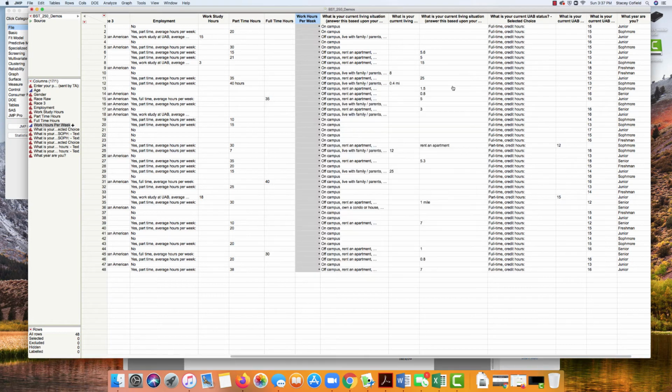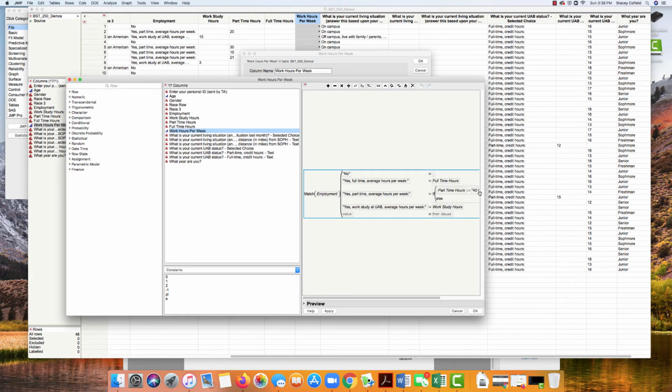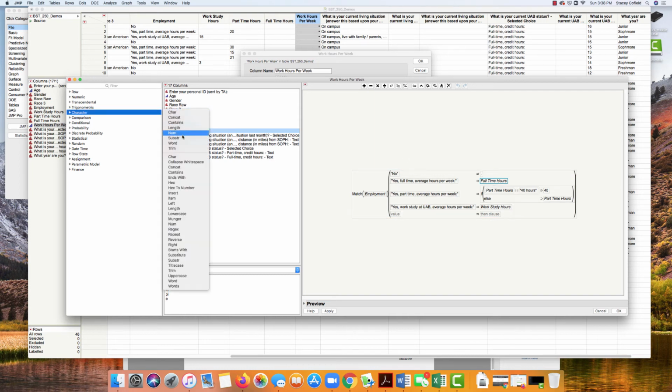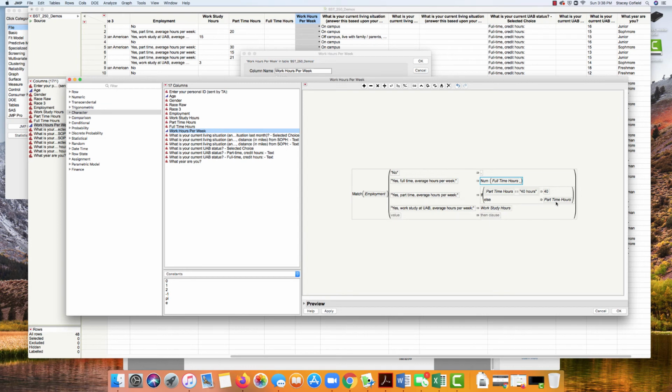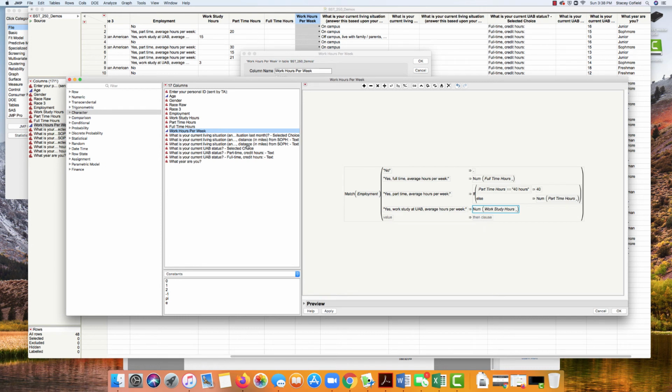And it's going to tell me, oh no, nothing worked, because I have work hours as per week. And so I need to go back in and I need to tell JMP that I want these character values to be numeric. And I simply here do this by telling it that it's a number. I want the number of those from that. And I couldn't do that with the 40 hours because it would simply make it missing. So there's a couple of different ways. Again, I could have just deleted the 40 hours, but this is more formal and it's a better way to keep your raw data